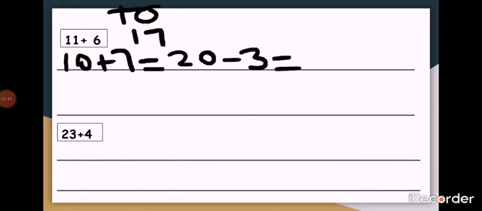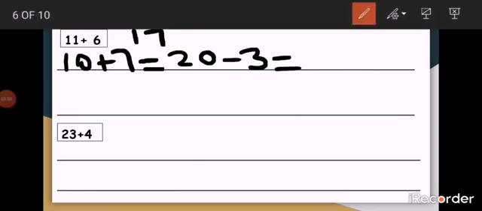So any guesses? Can you tell me any addition or subtraction calculation here? Yes, you can add 12 plus 5, 13 plus 4 or 14 plus 3. And if you want to find out the subtraction one, you will choose the bigger number. So for example, 18 is bigger than 17. So if you put 18, how many numbers will we count back? Yes, 1. This is the next calculation.